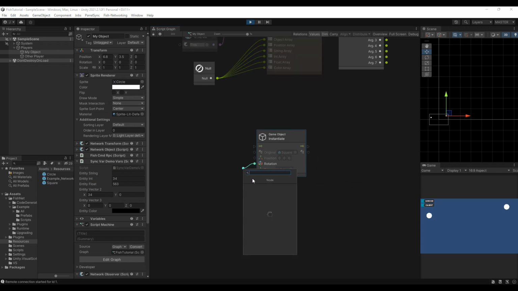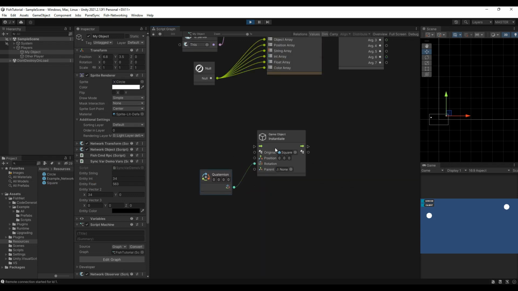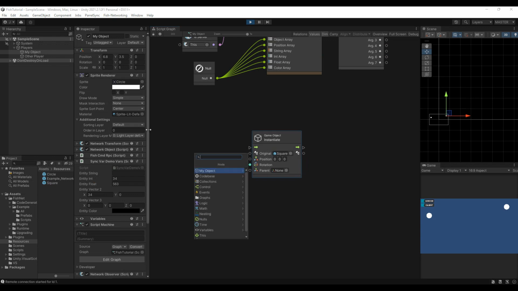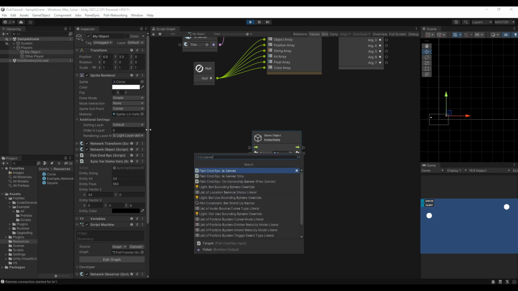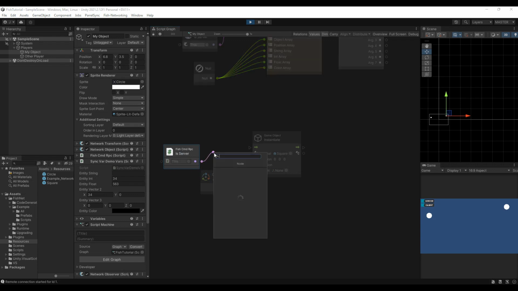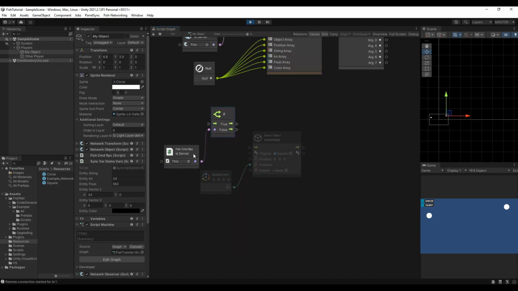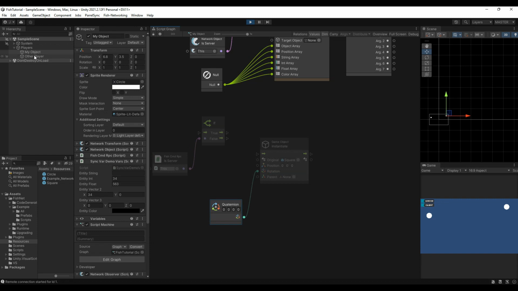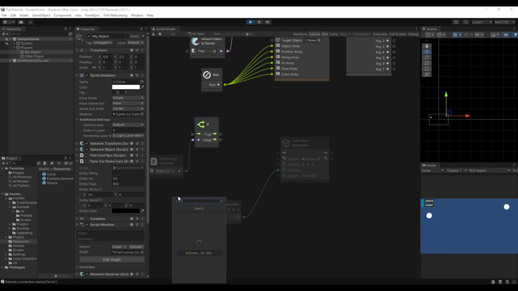Now, one thing to remember is only the server can instantiate. The client cannot instantiate. So what we're going to have to do is server, and this is true. Okay, so one other thing we need to remember is right now my script is on my player. So each one of these has this script. So if I ran this with just is server, both of them are going to instantiate a clone. So in this case, I want to do is owner,